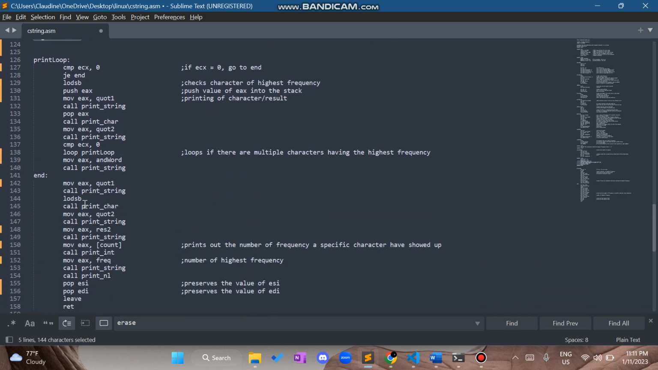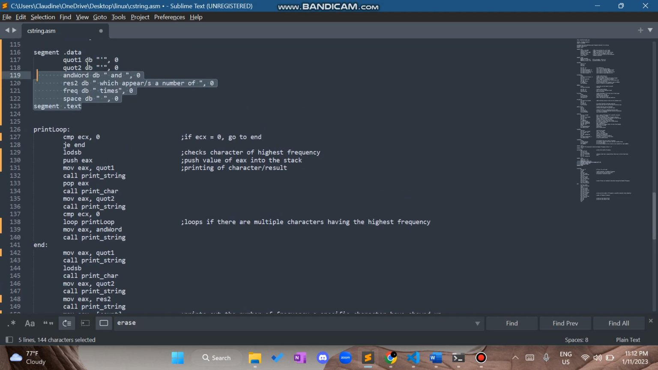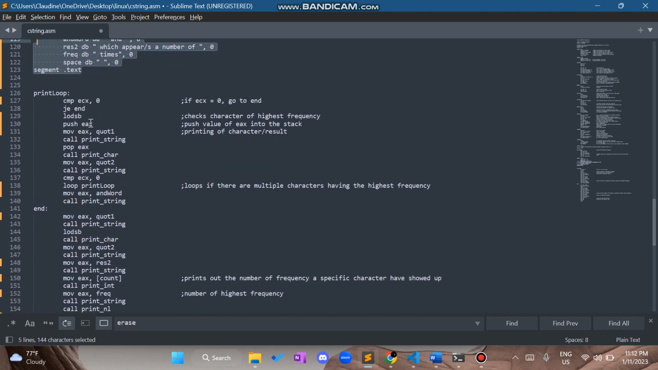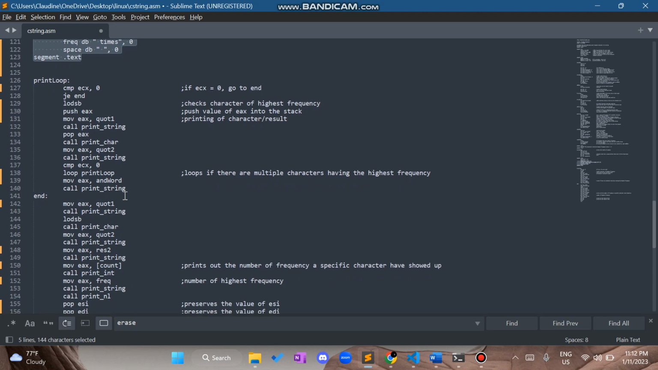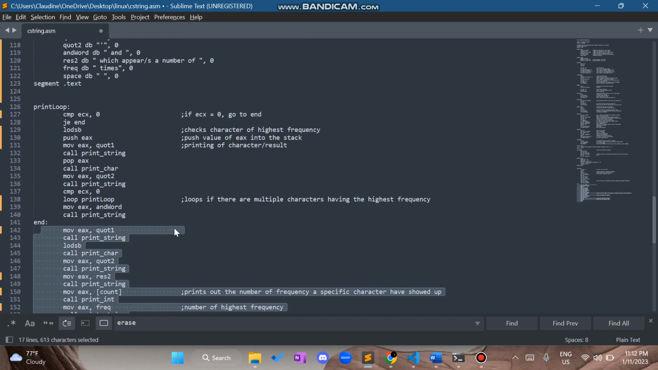Now we're going to the print loop, or the printing of our results. So we have this compare ECX to 0. If ECX is equal to 0, we will go to the end. If it's not, then it will keep on checking the character of highest frequency. If the program has already found the highest value, then it will go to the end, which is the printing of the result. So in line 130,